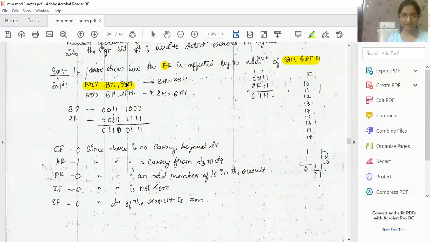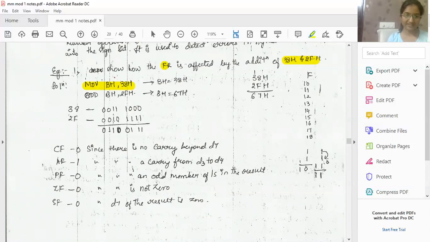Now, since we are loading 38H in a particular register, there is no need to use BX. We are loading only 8-bit data, so 8-bit data can be loaded into an 8-bit register. This BX register has BL and BH. Instead of BH, you can make use of any other register also. Here we have just considered the BH register. So 38H can be loaded into BH, the higher order byte of the BX register.